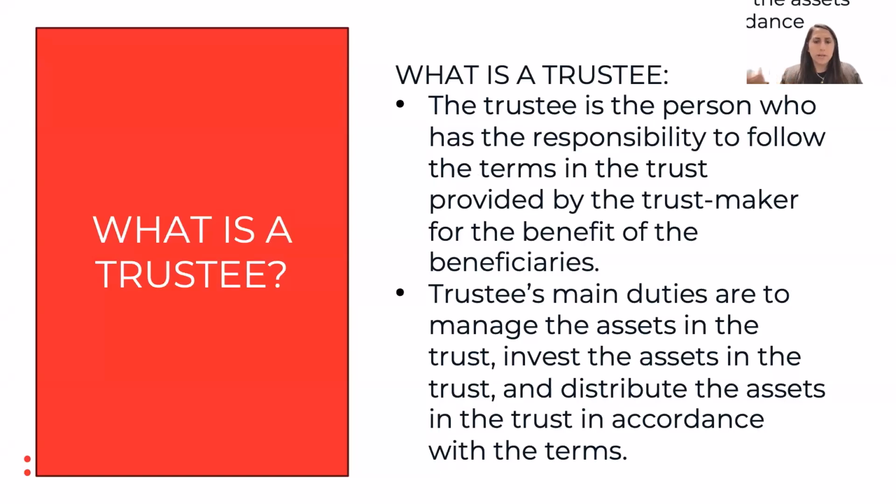So what is a trustee? The trustee is the person who has the responsibility to follow the terms of the trust provided by the trust maker for the benefit of the beneficiary. They have three main duties. Their duty is to manage the assets in the trust, invest the assets in the trust, and distribute the assets in the trust. And it's the most important role that you can select for somebody, because